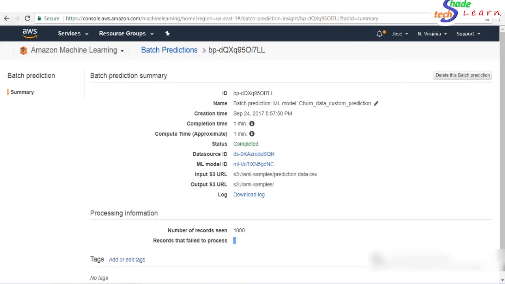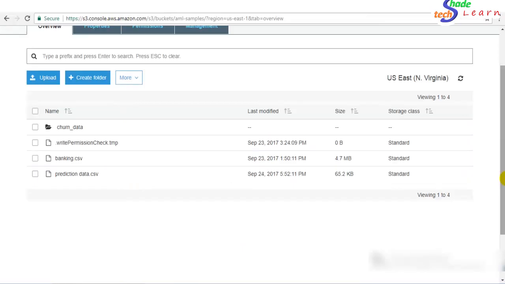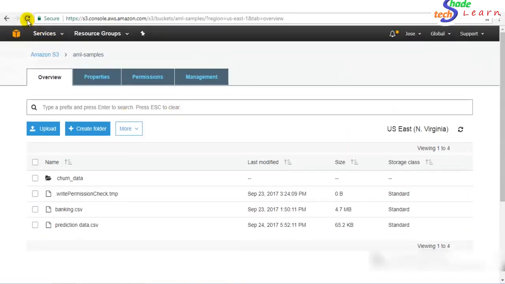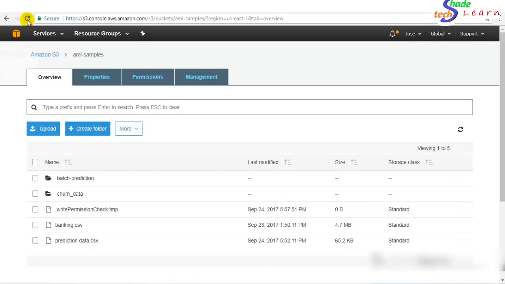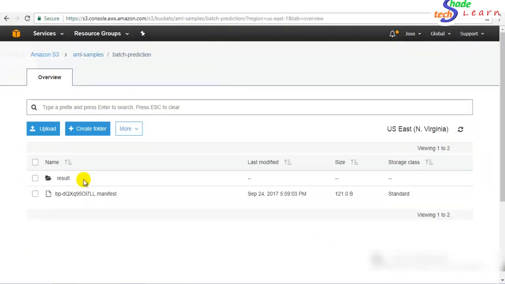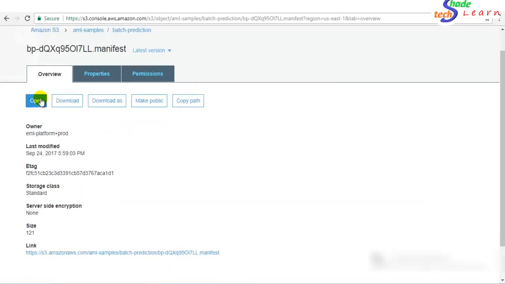Now let's go back and see if we are able to see results in our S3 location. I'll just refresh this once. Yeah, so I have another folder created here with the name of batch prediction. I can go here and see a manifest file and a result folder. The result folder will contain my predicted data, but before going into that, we'll see how the manifest file looks. I'll just open this,